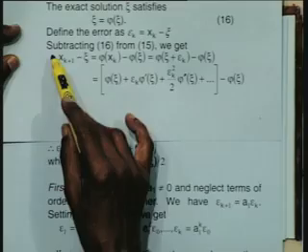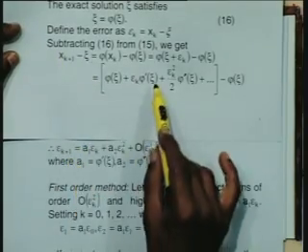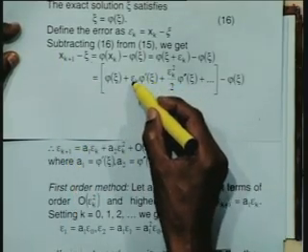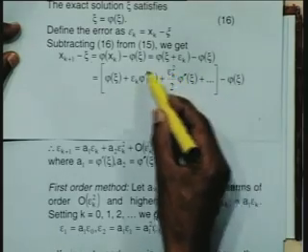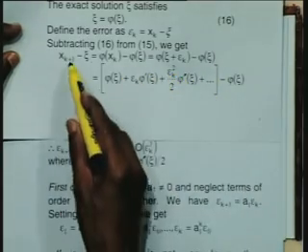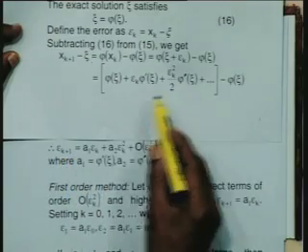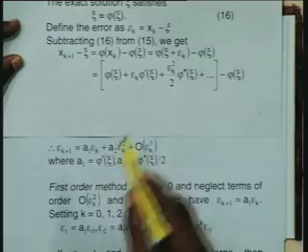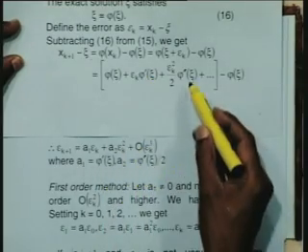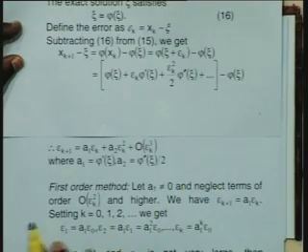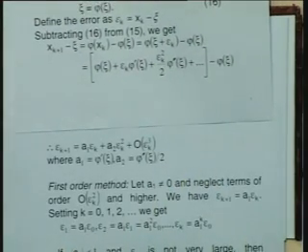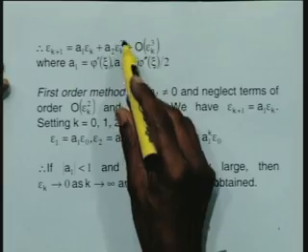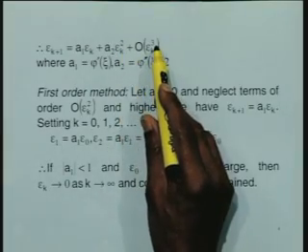Now, this definition of x_{k+1} minus xi is epsilon_{k+1}. The right hand side is given as some a_1 into epsilon_k, a_2 into epsilon_k squared. So, I have rewritten this particular step as epsilon_{k+1} on the left hand side, equal to a_1 into epsilon_k, plus a_2 into epsilon_k squared, plus order of epsilon_k cubed, where a_1 is this first term phi dash of xi, and a_2 is the second term phi double dash by 2. Therefore, in the case of this general iteration method, I can write down the error on the current step as a_1 epsilon_k plus a_2 epsilon_k squared plus order of epsilon_k cubed.